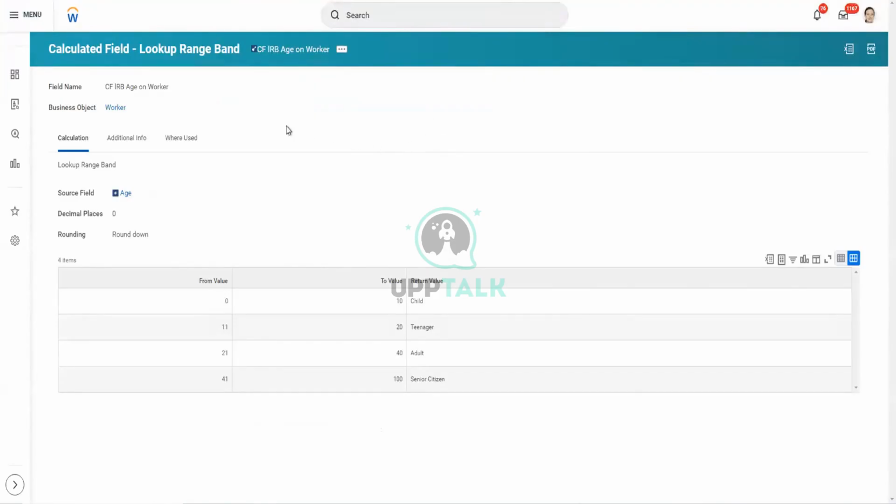Where you want to classify people with their age. Let's say if age belongs to 0 to 10, we'll consider as child. If 11 to 20, consider as teenager. 21 to 40 adult, and 41 to 100 senior citizen. For example,